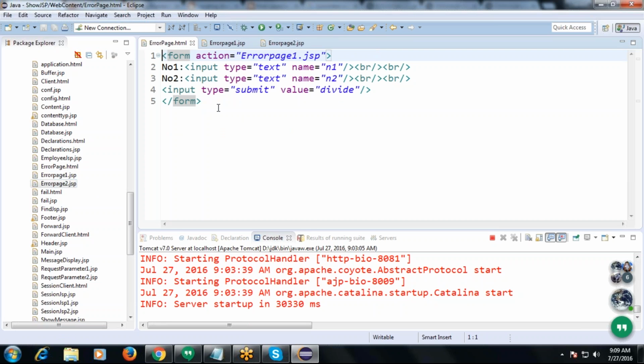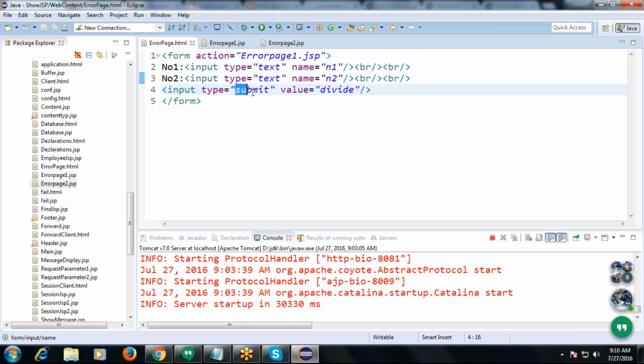Here we created an HTML page with two text fields with the names N1 and N2. We created the first text field here to enter the first value, named N1, and the second field is also created with the name N2.